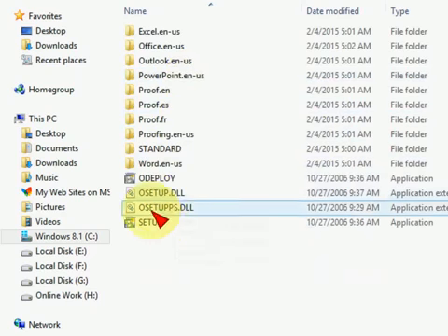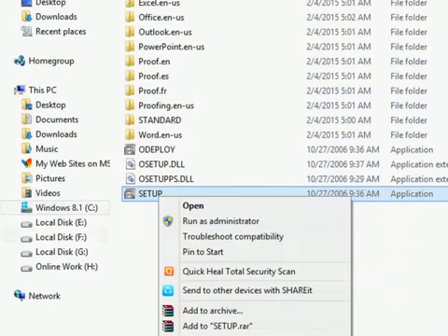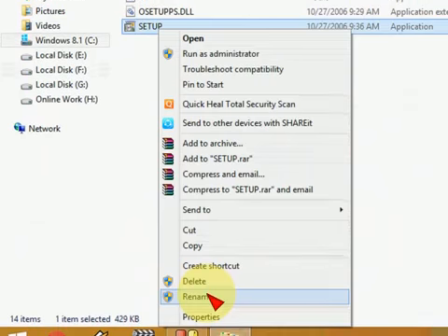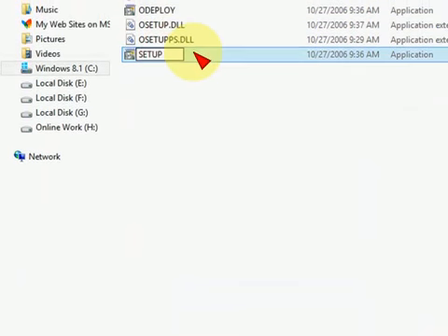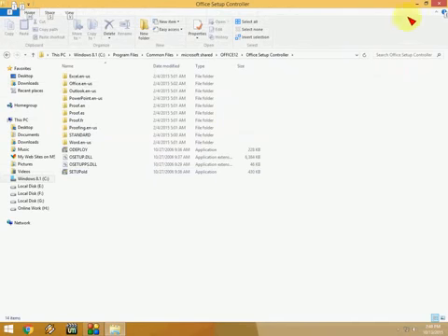Okay, that's it. And here you can see the setup file is shown. So you just have to rename this. Just right click and rename it, and I will give it the name "old". That's it. Okay, so now close all of this,